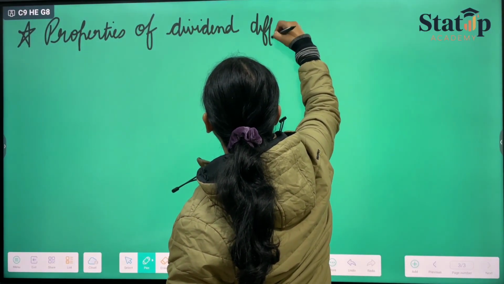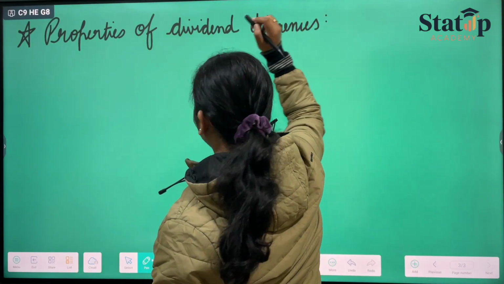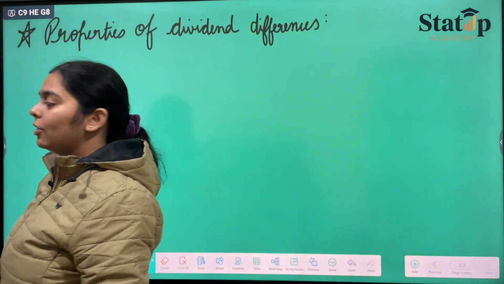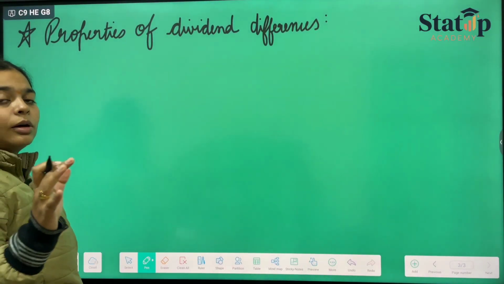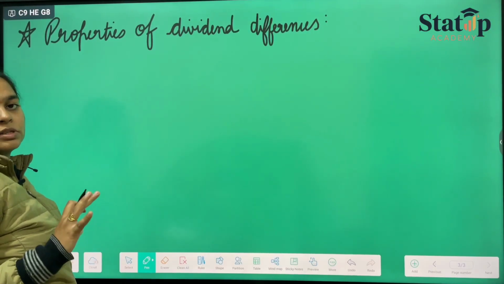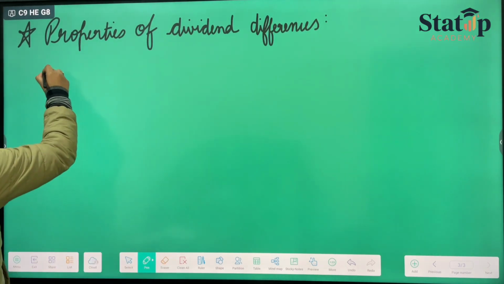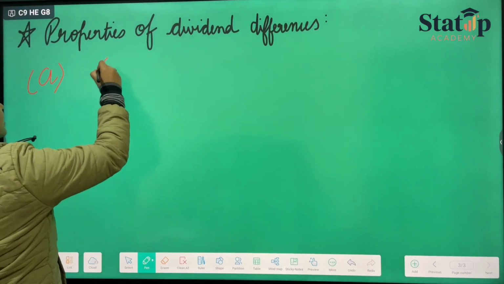This is also an important topic from our exam point of view, and I hope that you have been doing the previous topics along with the PYQs, and the previous topics are clear with all of you. So the first property of divided differences would be that